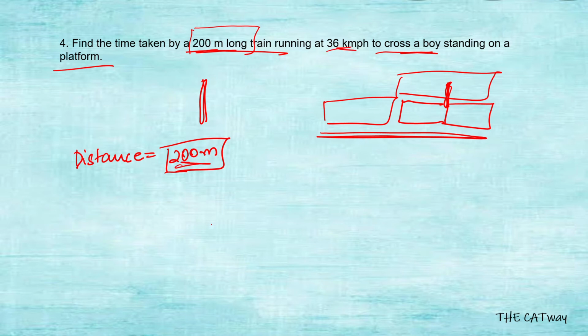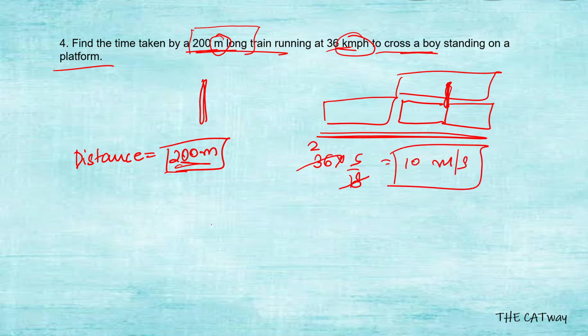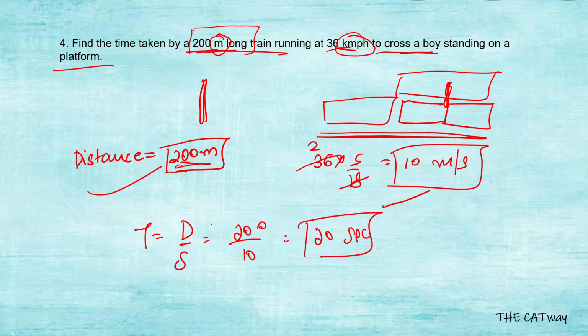We have a speed of 36 kmph. Now again, you see this one is in meters and this one is in kmph. So we have to convert kmph into meter per second. How do we do that? 36 into 5 by 18 is what we do. So this will go 2 times and the answer will be 10 meter per second. So the distance is this and the speed is this. The time taken would be time is equal to distance upon speed. So it will be 200 divided by 10, that is, he will take 20 seconds. Okay, so this will be the correct answer for this question.